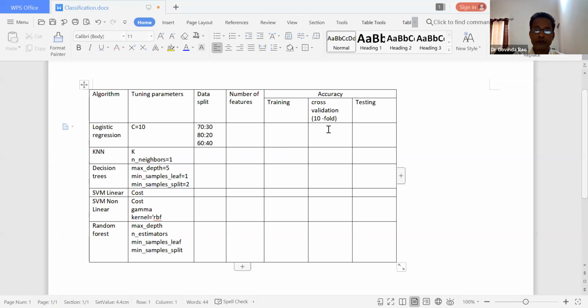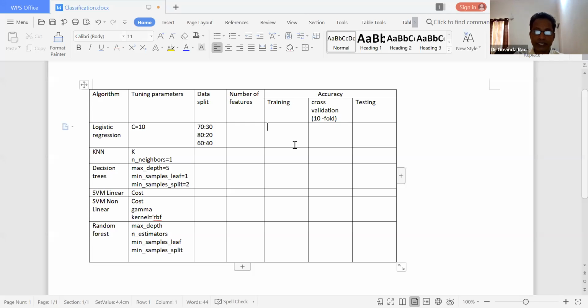Here we can select based on your data size. If you are working on limited data, we can simply go with 3-fold cross validation or 5-fold cross validation. If you have more data, then we can opt for 10-fold cross validation, right?